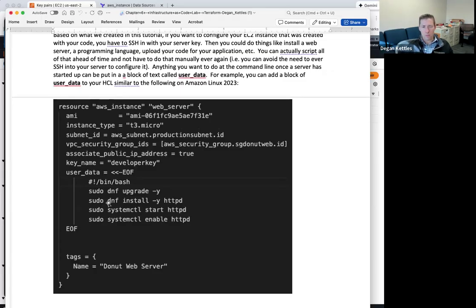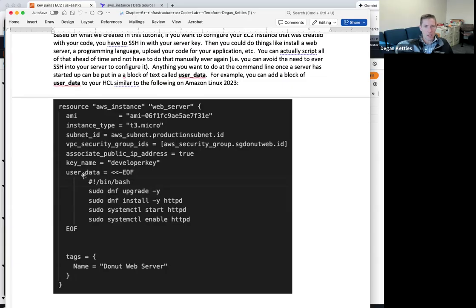You could even do some other commands here, but at any rate, anything you do at the command line when you're typing, installing software, grabbing something from another server, unzipping it, pushing your code out to your server,